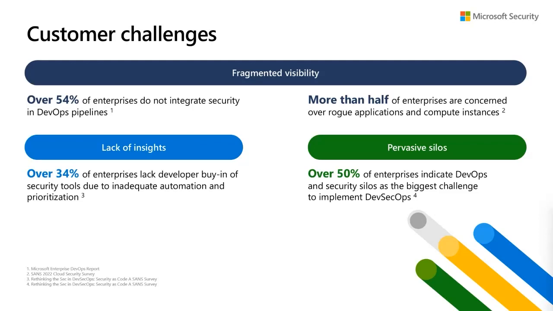Next, we have lack of insights. Over 34% of enterprises lack developer buy-in of security tools due to inadequate automation and prioritization. Even when you do configure static analysis tools in those developer CI/CD pipelines, they typically are met with hundreds of results and alerts that get thrown through each build, making it difficult for developers to prioritize and quickly remediate those most critical vulnerabilities. Lastly, we noticed that DevOps and security silos